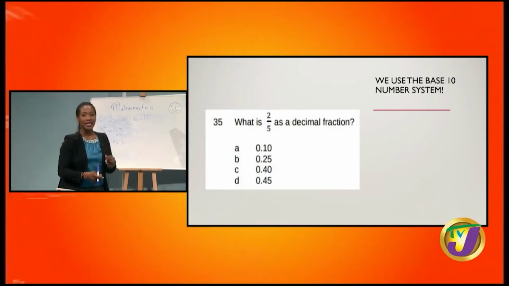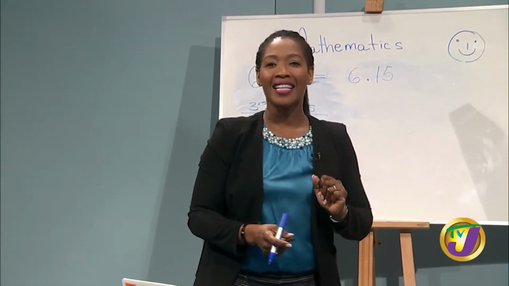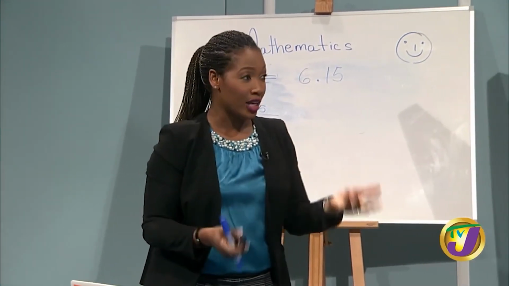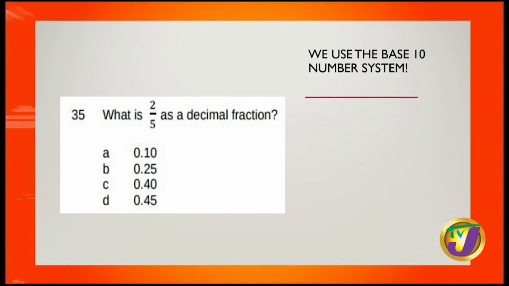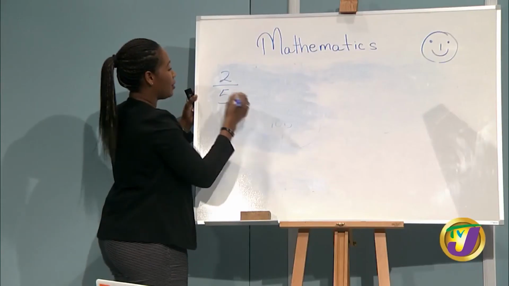All right, what is 2/5 as a decimal fraction? So here we go again. We're now working with fifths. What do we do? You can tell me, because I know you've been following and we've been doing this for several examples now. You know what I'm going to do. I'm going to find an equivalent fraction for 2/5 where the whole is divided into parts which is a power of 10. So I write my 2/5, and